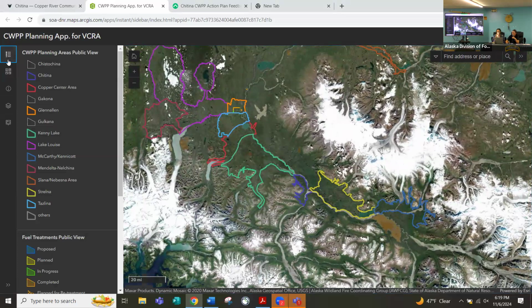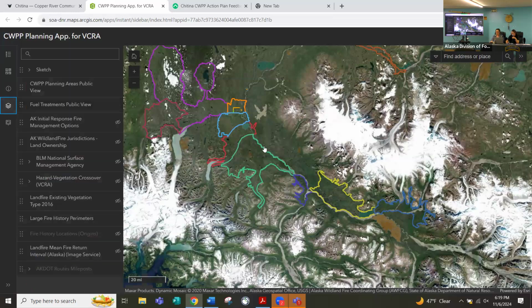I'm clicking over, I'm not sure if online folks can see my mouse or not, but on the left-hand side tab, there's a little symbol that brings the key up to the map. The colors listed here show the CWPP planning area boundaries. I'm going to go back to where the layers are.